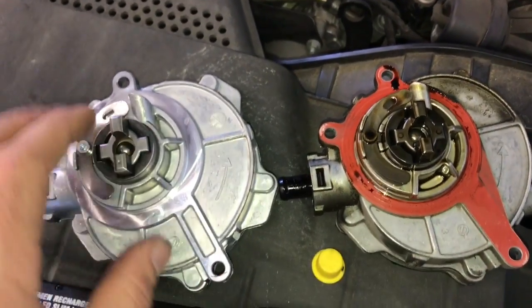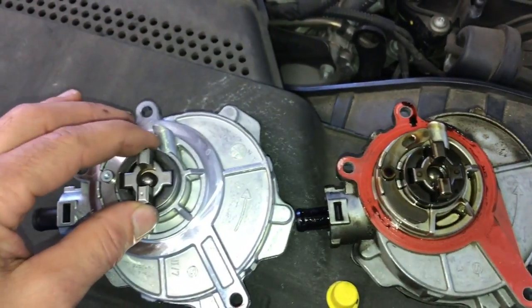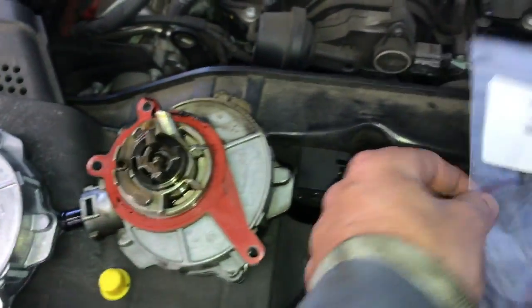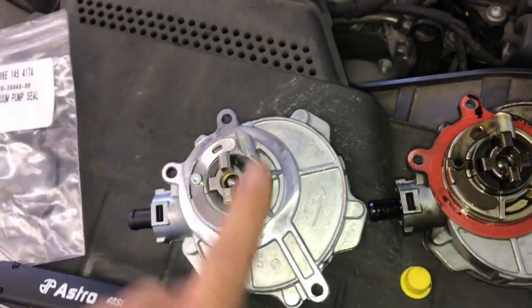Then after that, we're going to take our new gasket and put it on, and we're also going to rotate the pump here to make sure it lines up exactly the way the old one came out. So we'll install that gasket, line up the gear on it,